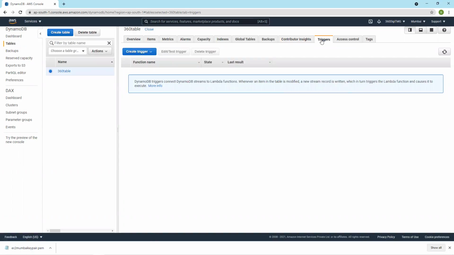So the trigger is very helpful. See, create a trigger, and it's a Lambda function. When you want to trigger some action, for example, when someone writes into a DynamoDB table, that data has to be sent to a certain application, right? But the application has to make a query request. Here two methods are there.